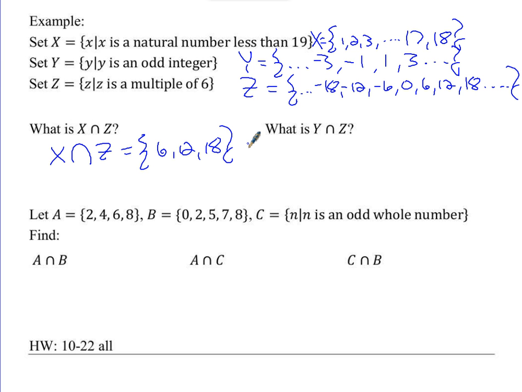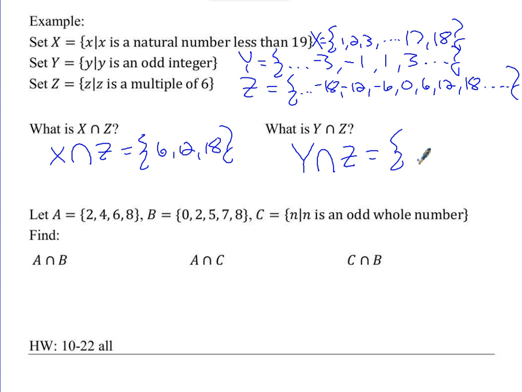Okay, how about Y intersect Z? Nothing? Why not? Yeah, 6 is an even number, and all of these multiples that we have in set Z are even. All of the numbers that we have in set Y are odd. Are we ever going to have a repeated number? No. So my answer here is capital Y intersect Z equals, it is a set that has nothing in it,